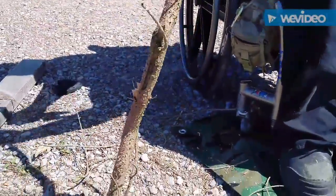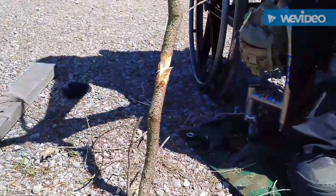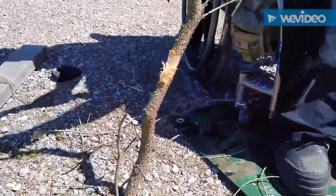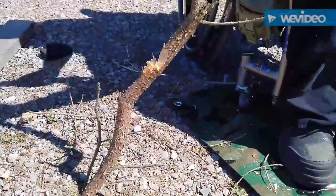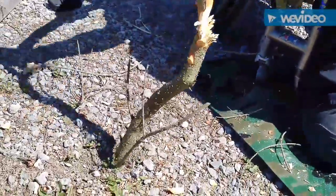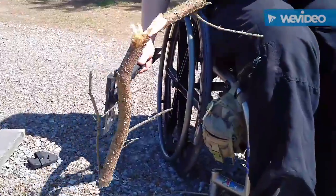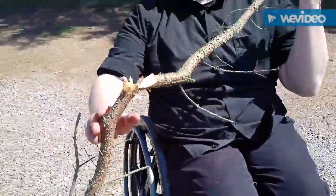Now I'm not chopping as hard as I can, obviously, just because I don't want it to go flying through and hit the ground and the rocks. That would just not be good for the axe. But it does chop very well. That's that. So next portion that we're going to be doing